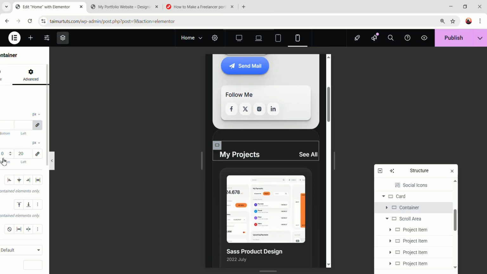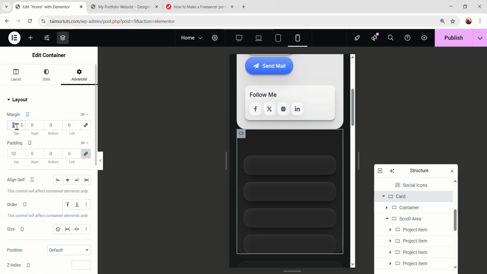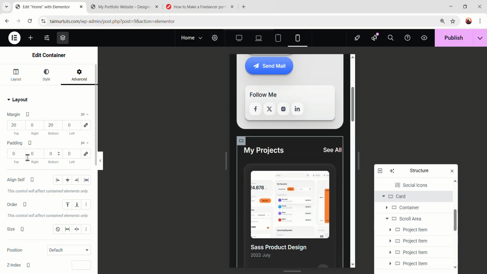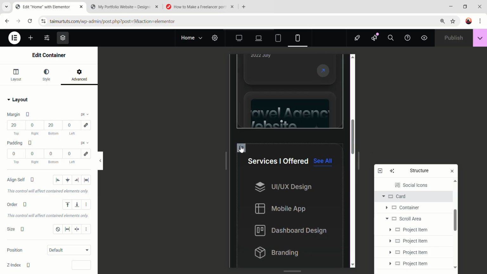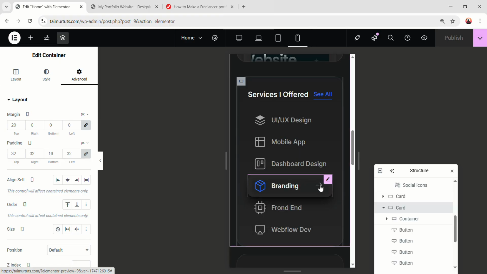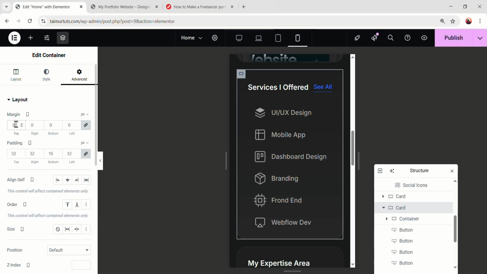Just one thing. Select this card, on the margin top 20, on the margin bottom 20, and remove the padding 32 on the top. Okay, now after this, we can see this one. The third card is actually looking good already, but on the card, just remove the margin top, make it 0,